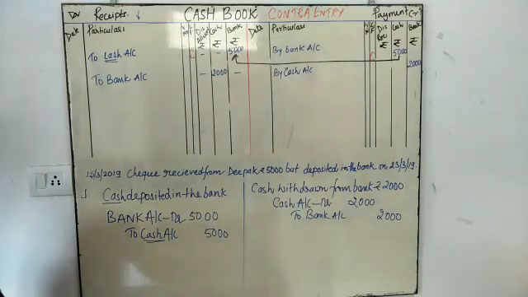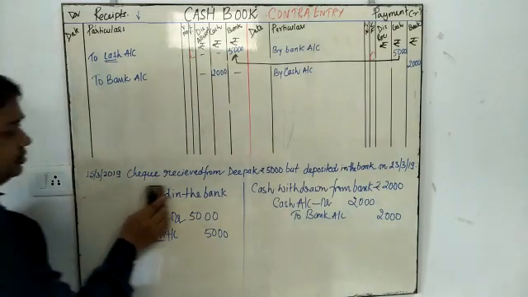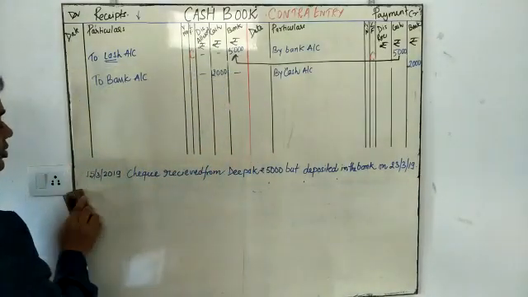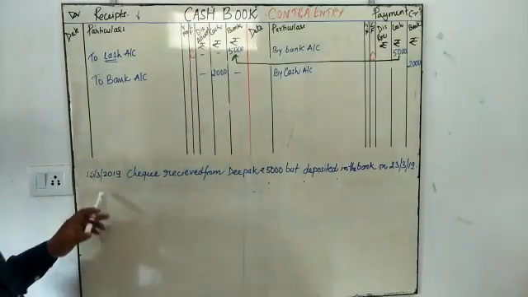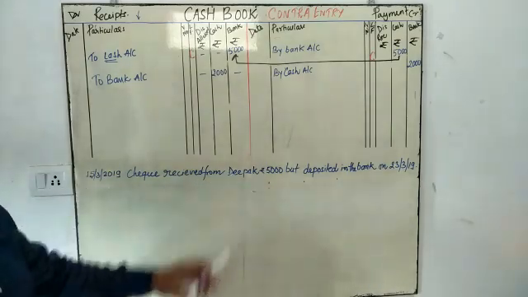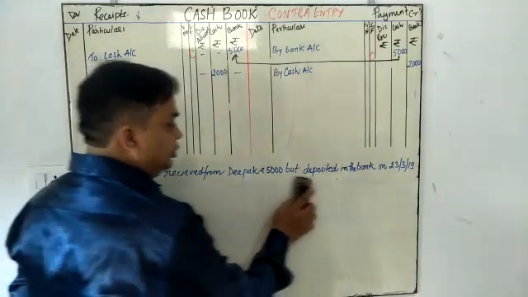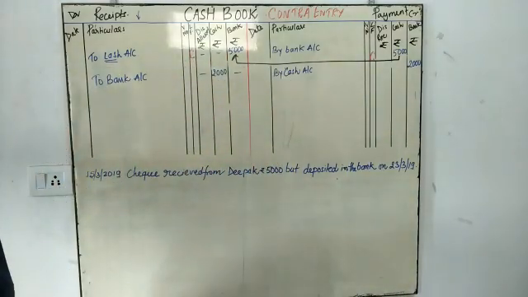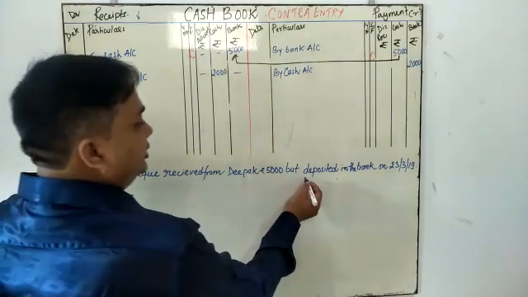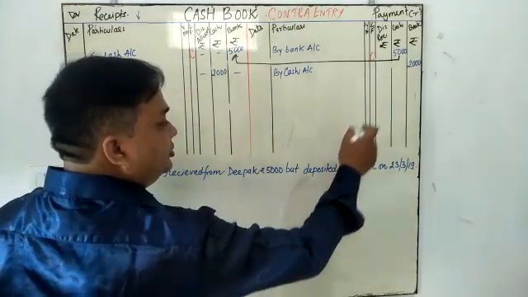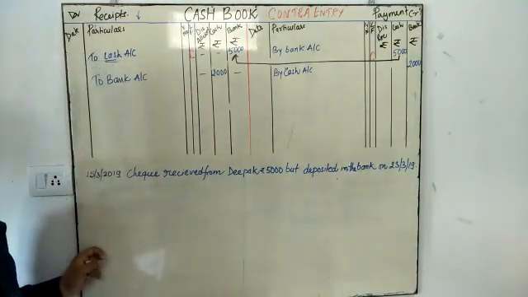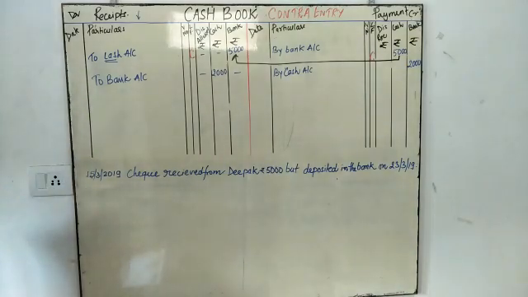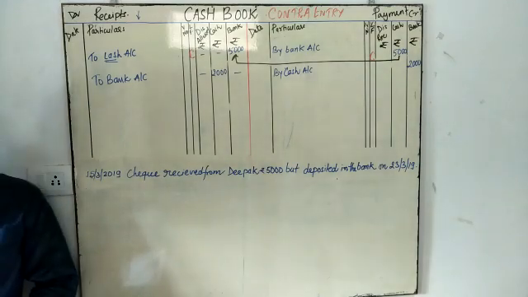Now take the third situation of the contra entry, my dear student. Here it is a third situation in which, you observe, on 15th March I have taken a check receipt from Deepak of rupees 5000. Okay, simple, a check receipt from Deepak. But this check is deposited on 23rd. It means not deposited on the same day. So what will be the journal entry when the check is received from Deepak? Okay, so you will write